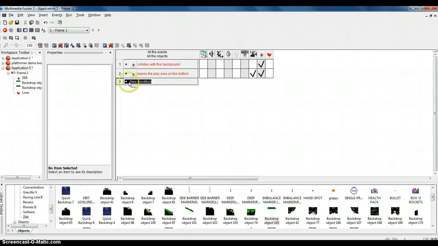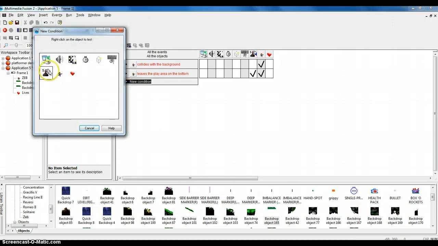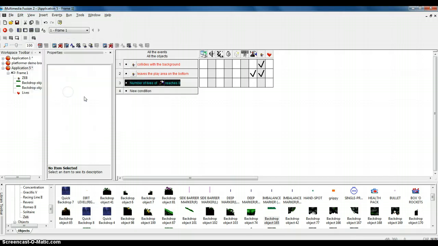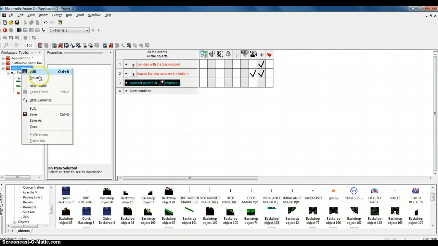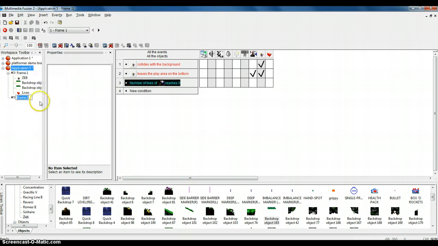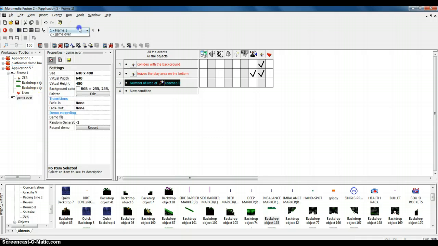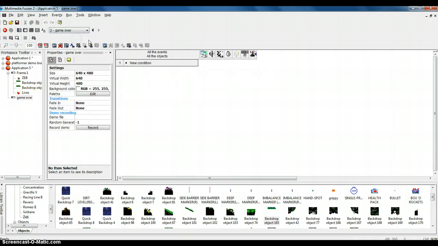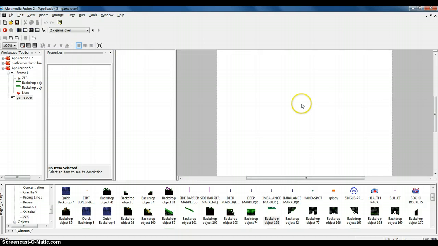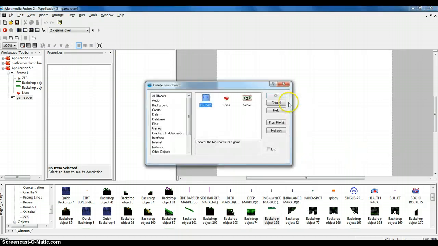Okay, so what I need to do is add a new condition, go to the joystick here, and go to when number of lives reaches 0. And then I need to go make a new frame. I'm going to just right click on my application here, go to new frame, and I'm going to name this game over. And I'm going to actually select my frame up here for game over, Control M to see the frame editor. And I'm going to right click, insert object, go down here on the left, text,